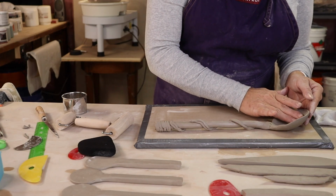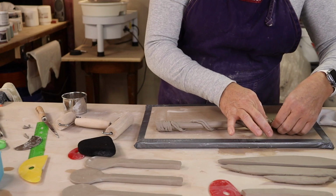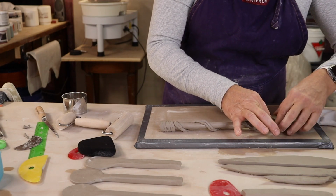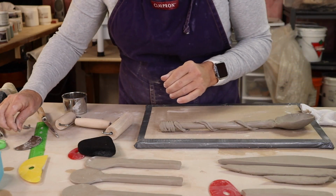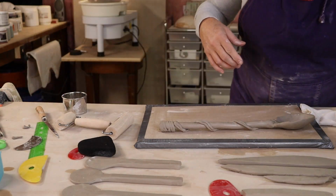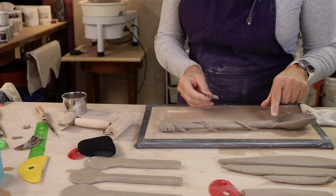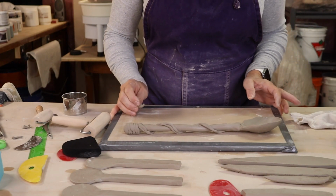The bowl has begun to dry. The handle is still pretty darn wet, and that joint doesn't look very good. I'm going to add a little bit more clay right in there. So if you do get a little joint that isn't cooperating, right here it's looking a little weak,